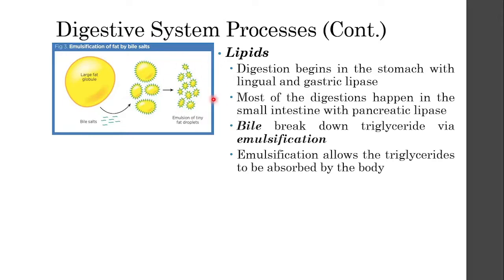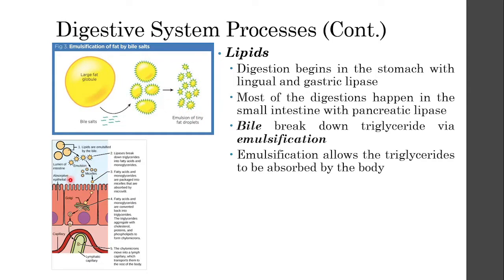And the reason that you want to do that is because your body cannot actually absorb this large globule without turning it into micelles first. So lipids are made up of various triglycerides. So this is one way to break down the triglycerides, right? So what happens is that after creating the micelles, the small intestines now will be able to absorb them.